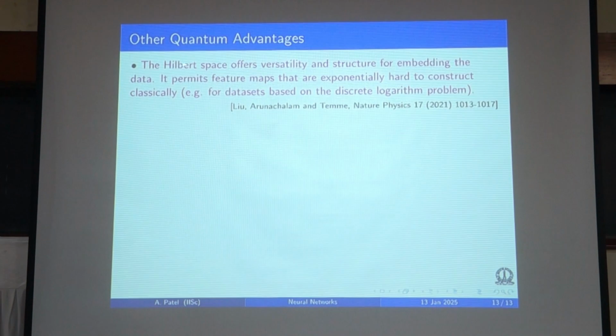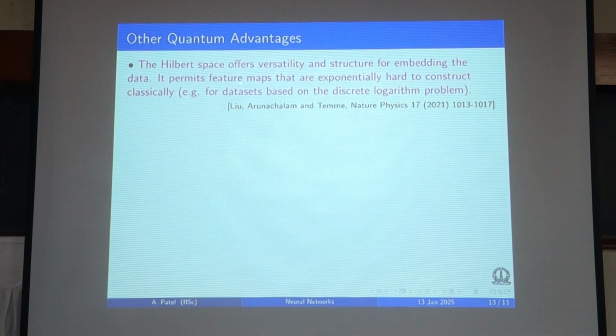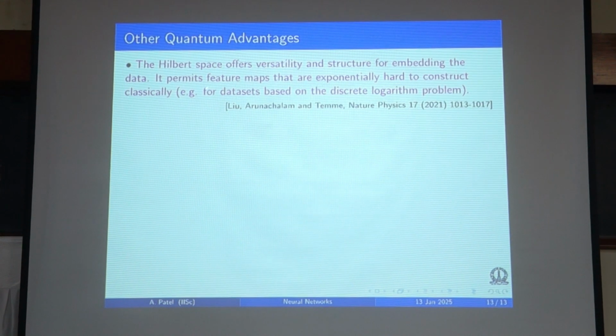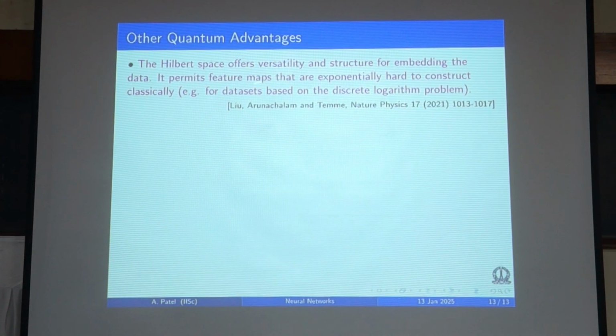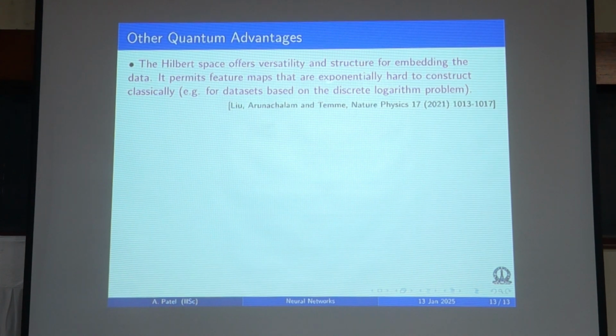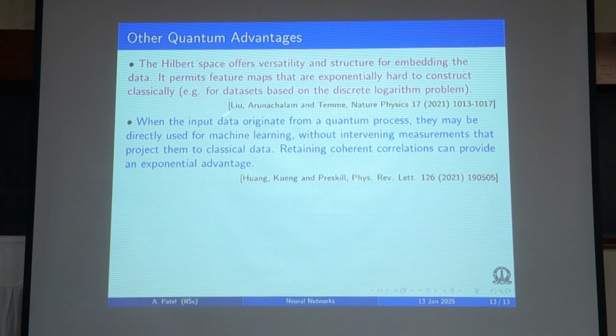One construction is actually for the supervised learning model, where there are certain problems with feature map that cannot be easily constructed classically, and if that is the pattern in your data, then a quantum algorithm can help. An explicit example has been constructed, which is based on the discrete logarithm problem. But the question then is whether the pattern which is there in the data has such a non-trivial structure or not. In most of the analysis of the big data kind of thing, such a pattern doesn't occur very often. The second exception is that the input data